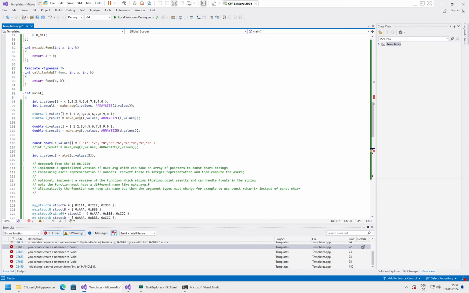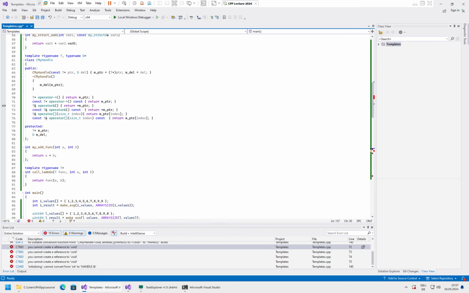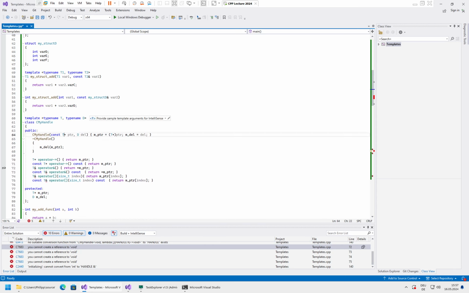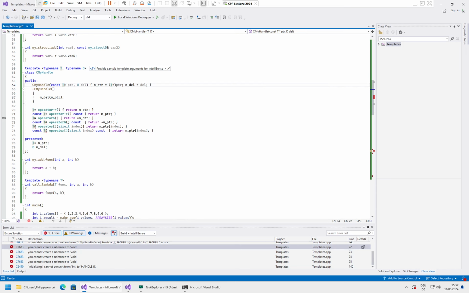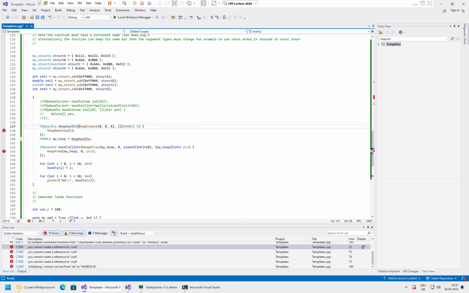The thing is that this gives us a void back, so we need to adjust this again slightly to do what we wanted to do. Okay, so let's say that this will be of type void. That will not work either, because this expects a pointer and it gets this, so this should actually